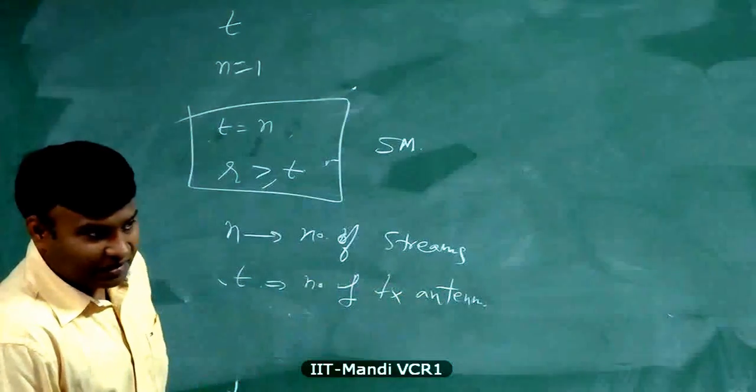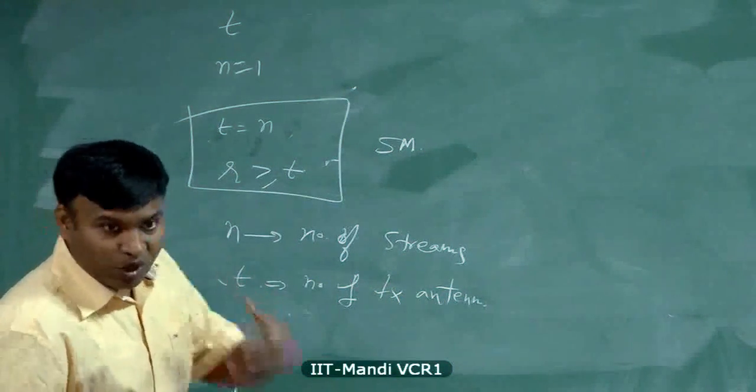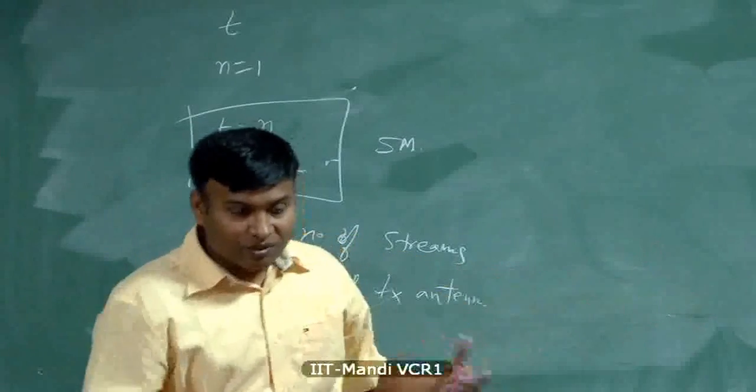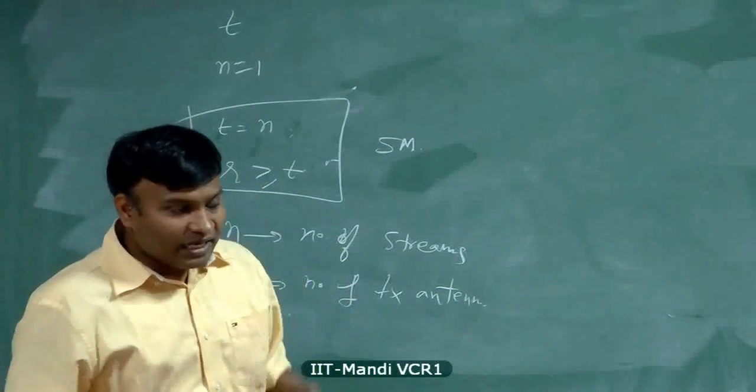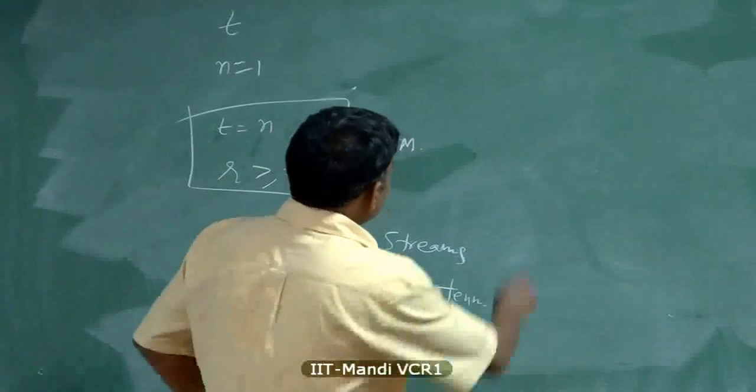In the presence of knowledge of H at the transmitter, you know how to achieve the capacity, right? But if you don't know H at the transmitter, we can derive the mutual information. That turns out to be